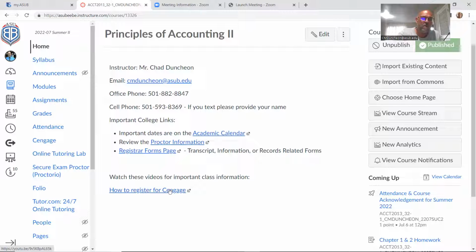We're going to do all of our homework through Cengage, and your book is through Cengage, your tests are through Cengage. If you do not get into Cengage, it is a major, major issue. In fact, our first assignment comes due in 3 days on July 7th. If you're not into Cengage by July 6th, you're going to be receiving an email from me. If you're not in by July 7th and you missed that first assignment, you're going to get another one. And if I'm not hearing from you and you're not working for it, we're moving quick. I'm going to drop you out of the class really quick, because if you fall behind, you're not going to be able to catch up. So please stay on top of things.